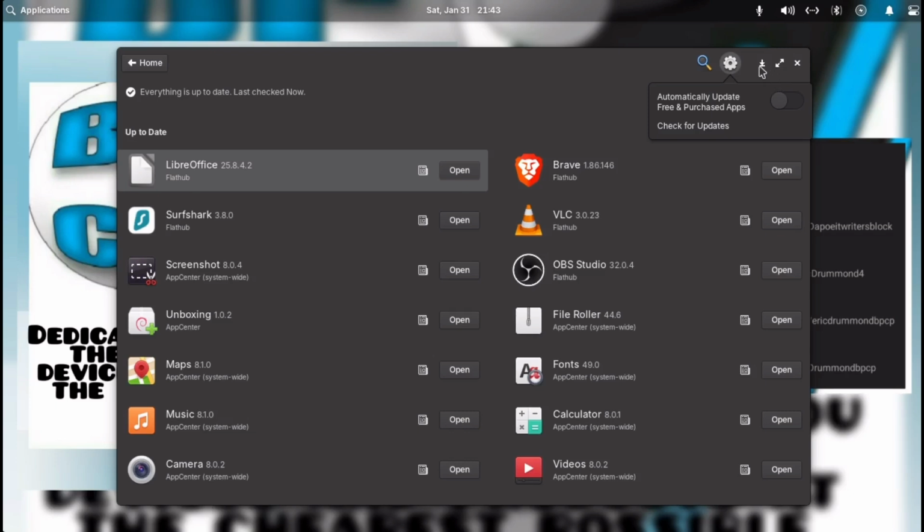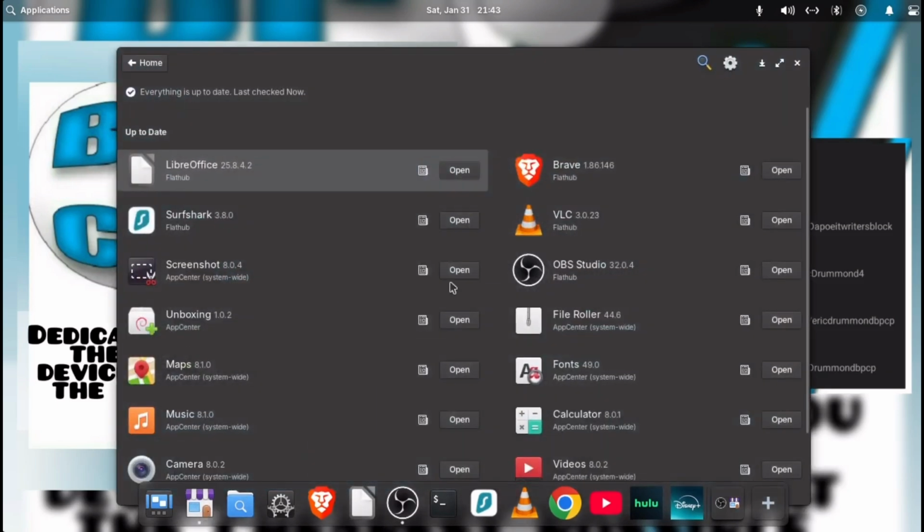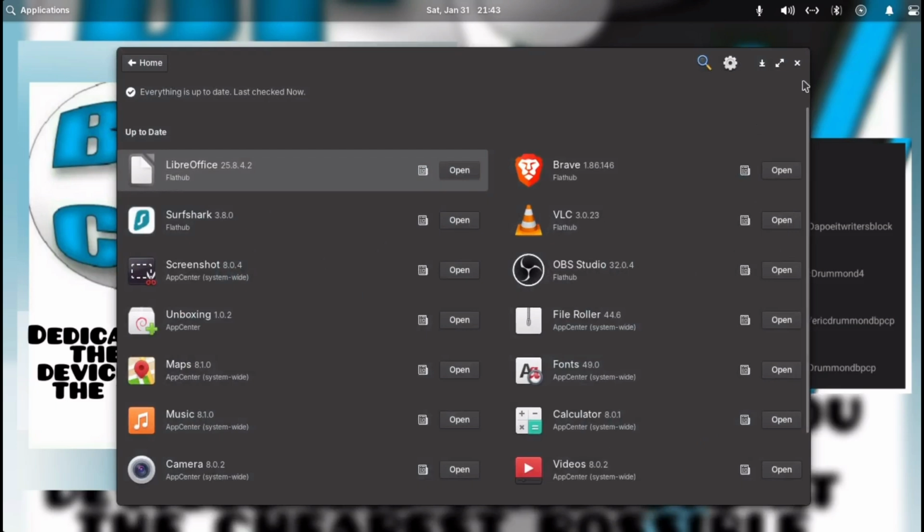So now I can have something open and just shrink it, and it goes to the dock. And then if I want to, I can click on the bubble and it comes back up. But that was a real quick and easy terminal command to activate that. I thought I was going to have to install a tweaking application via the terminal, but no, the command to install the tweaking